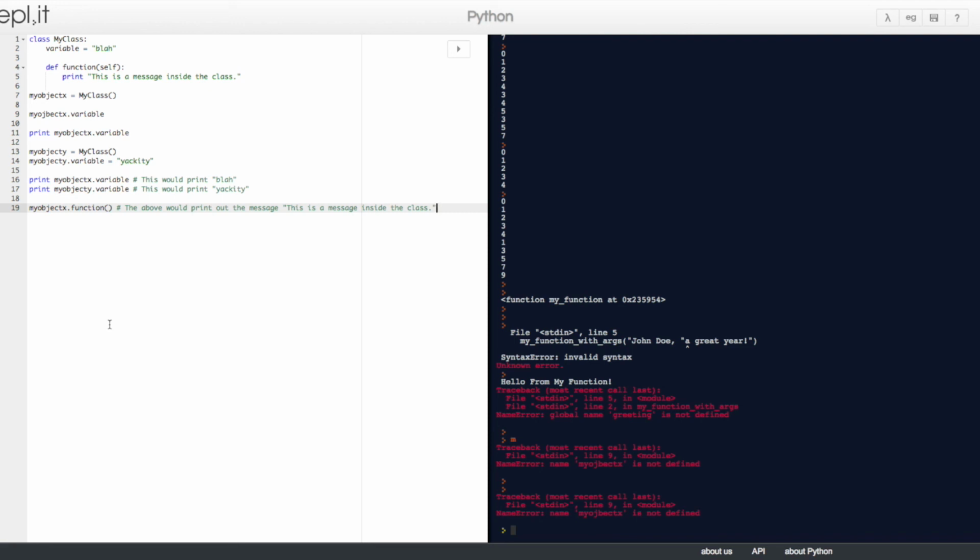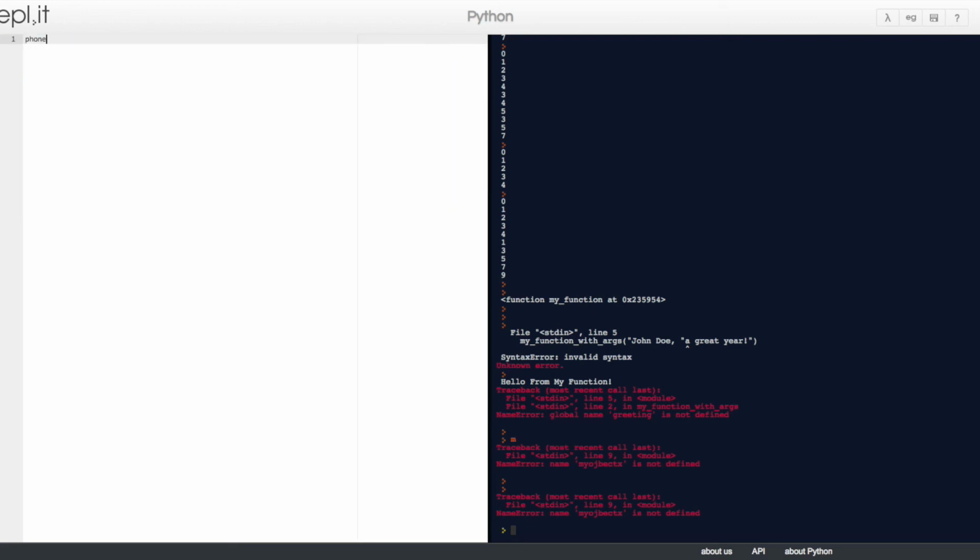For example, a database of phone numbers could be stored using a dictionary like this. So we'll say that a phone book is going to be our dictionary, and dictionary items are in between squiggly brackets.